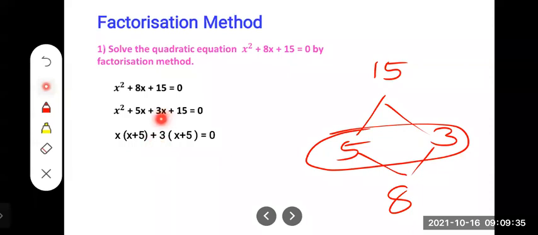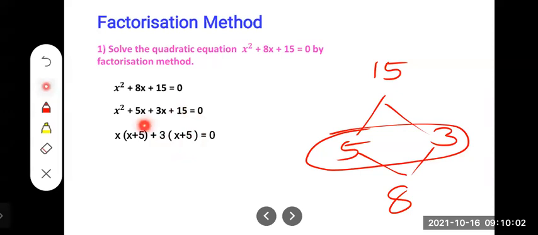Here also you see 3 into x. Here also 3 is there. 3 into 5. Clear? So here what will be common outside? 3 will be common outside. So I have taken the 3 common. And what is left out? x is left out. And then this sign you write as it is. And here 15 is there. So 15 means already 3 you have taken outside. So what is remaining here? 5 is remaining. Is it clear, children?